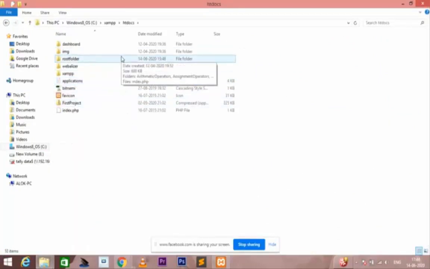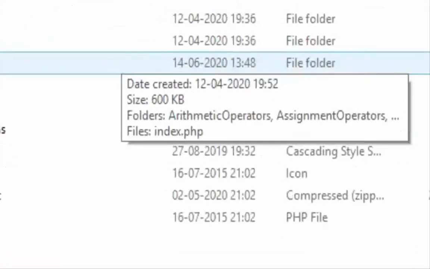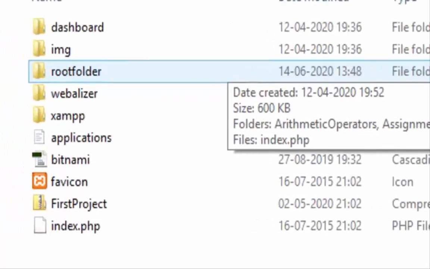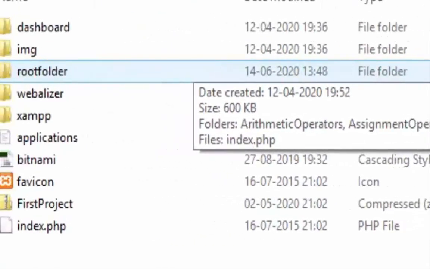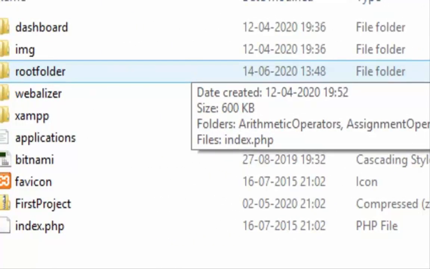Make sure that if you install the XAMPP server, you must create a root directory in order to store the entire content. If you don't have the root directory, you just create one, and inside it you can do the other functions, no problem. Again I show you what the root directory is. This is the root directory, basically, and the entire content is showing here. Other folders are also present.